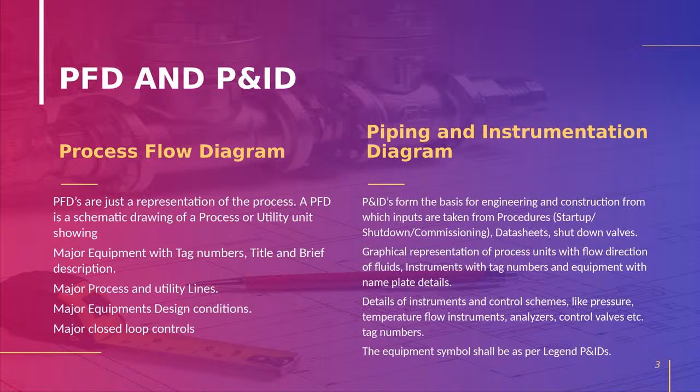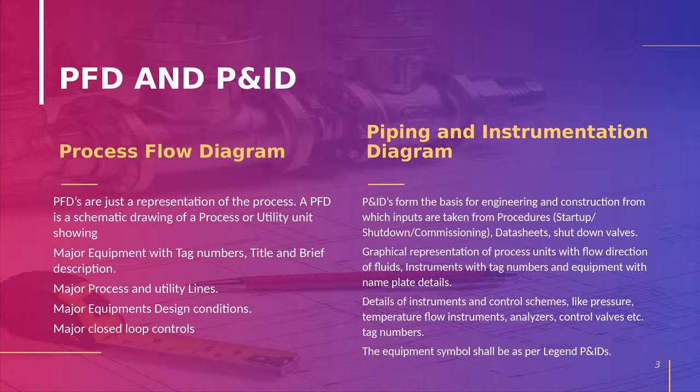On the other hand, the P&ID is a detailed form of the process flow diagram, which we will derive from the PFD only. In this P&ID, we will mention each and every valve, whereas in the PFD only main isolation valves are available. That is, if it is a main equipment like a reactor, the inlet and outlet valves. In the P&ID we will cover each and every pump piping, even the drain lines, vent lines, drain valves, vent valves, pressure gauges, everything will be covered in the P&ID.